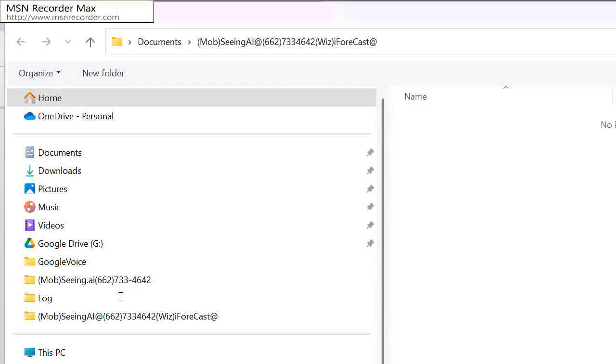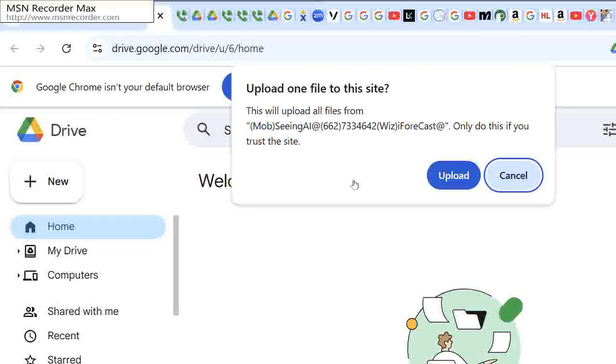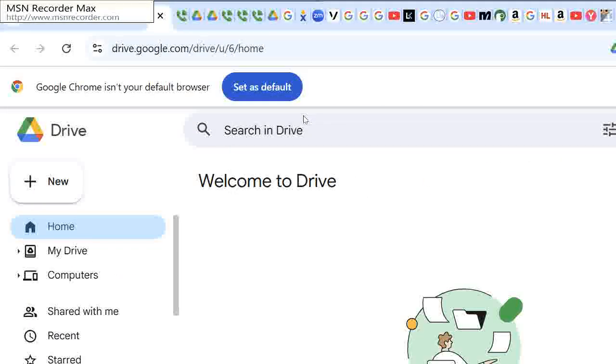So I'm going to mark the rest of it for deletion and delete it and keep only the folder. Click upload and click upload again and watch that it uploads the document to the cloud. By so doing, I've finished documenting this account,